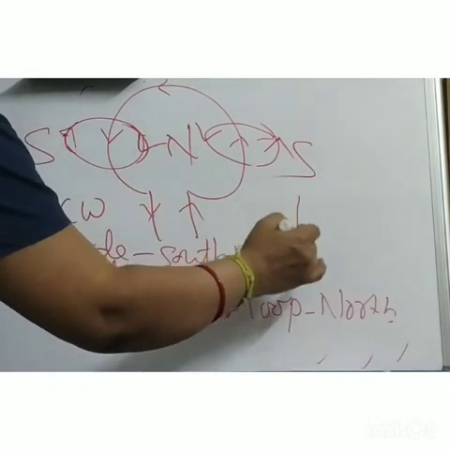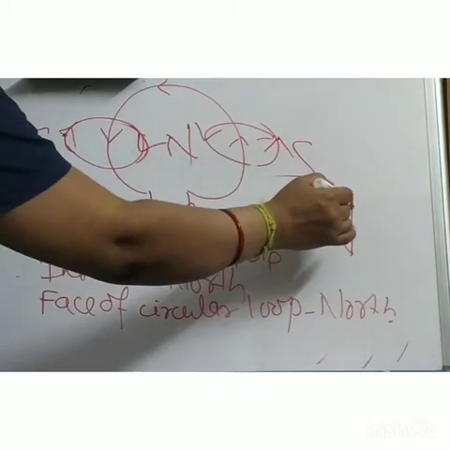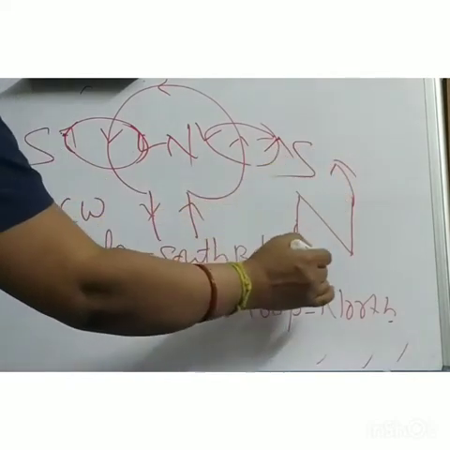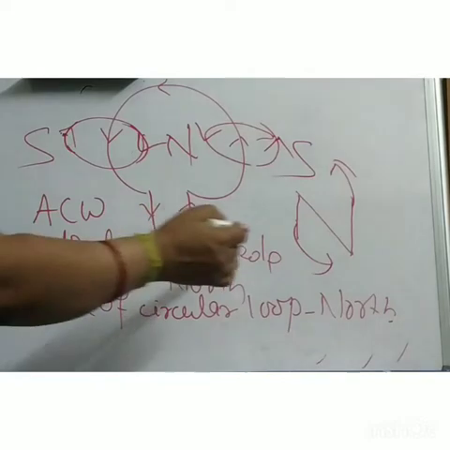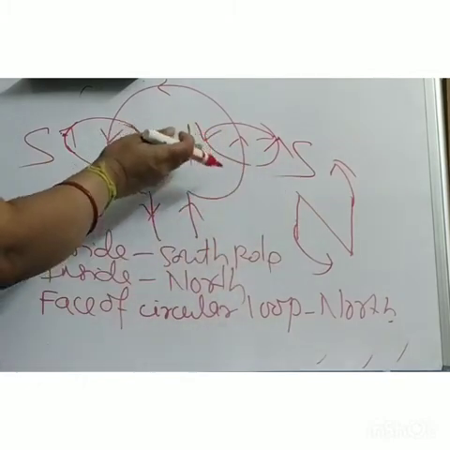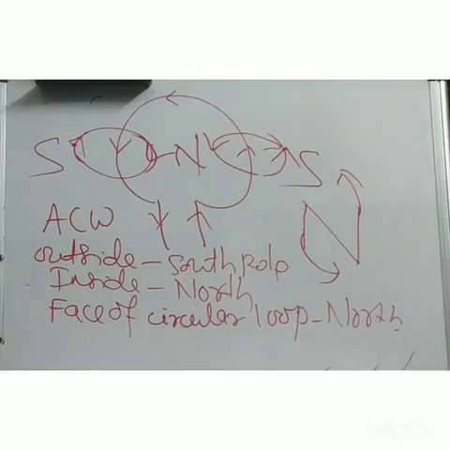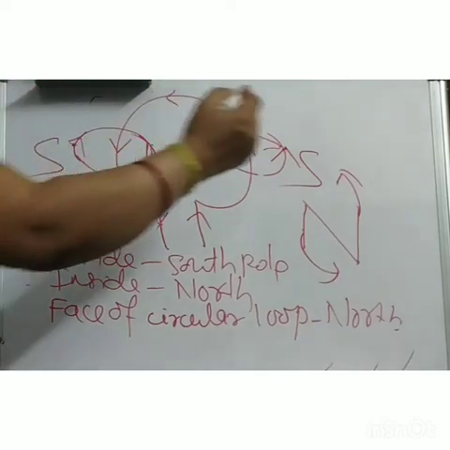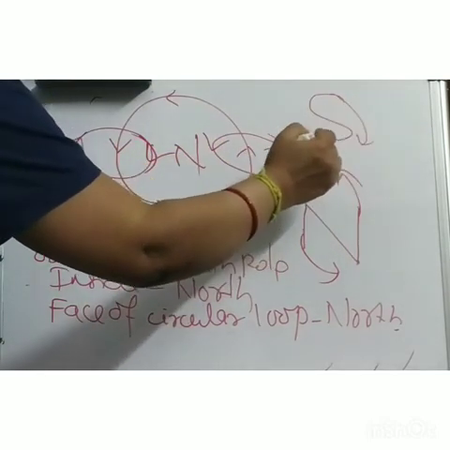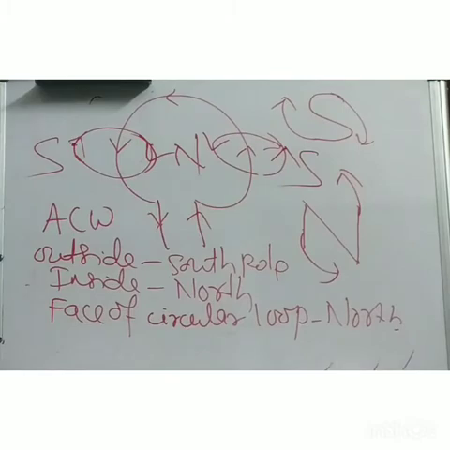Now try to get it. How to memorize it, not to get confused. Again, north pole like this, free end. Now see, current is flowing in anticlockwise. So current flowing anticlockwise means this is your north pole. Is it clear? Whether this clock face rule is clear, whether you got confused. In case of clockwise, face is south. So this is your south: clockwise current flow, south pole. Anticlockwise means the face of the coil is north pole. Hope I am clear? Okay.